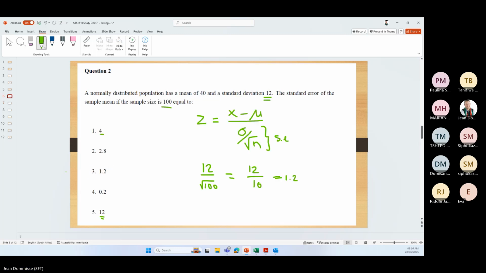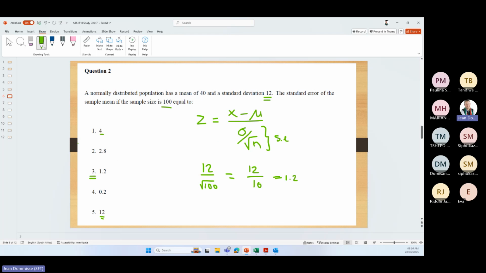What is important for me here is that you must remember that the standard error is that component at the bottom of a formula. Instead of a standard deviation, because we're working with a sample, the standard deviation changes a bit, and we call it standard error because we're bringing in a sample size. So we're not looking at the whole population anymore. We are now looking at the sample size of the population.